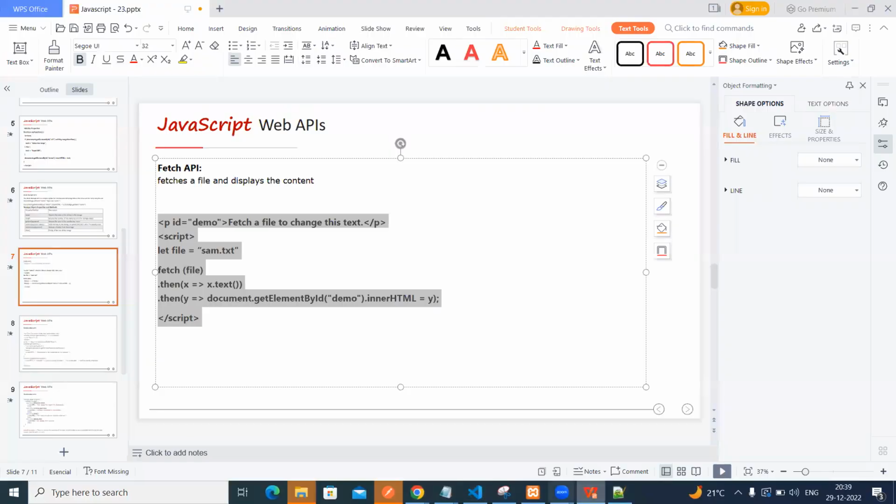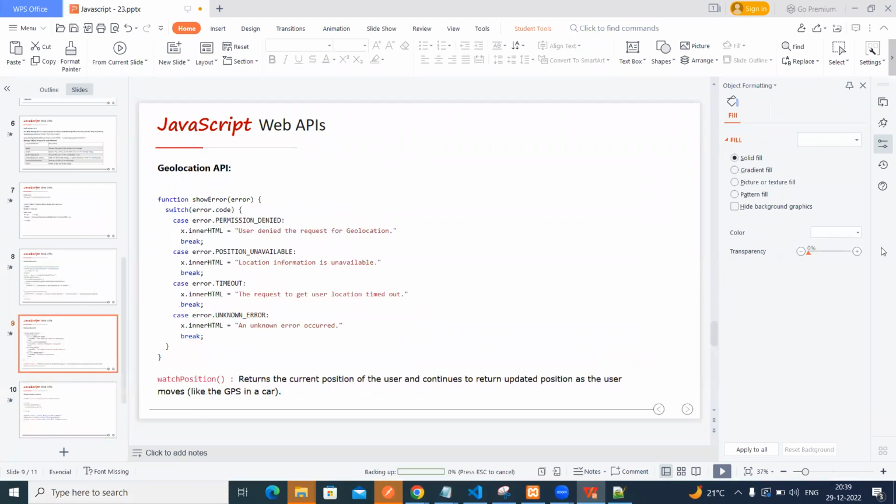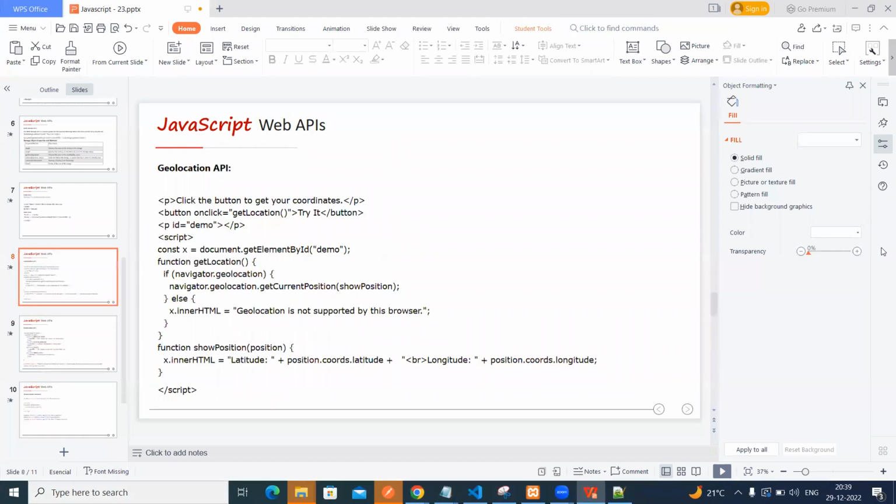Okay, so the next one is the geolocation API, the final one. How can we use the geolocation API? How can we get the current location using the browser APIs? The browser has inbuilt geolocation APIs, so using that only we are able to get the